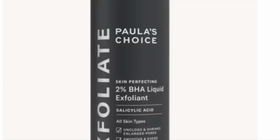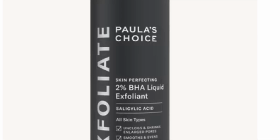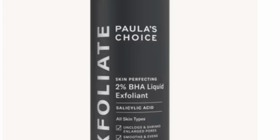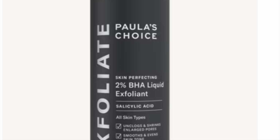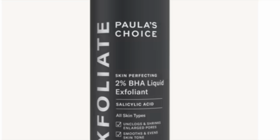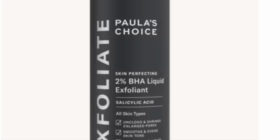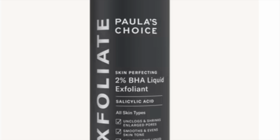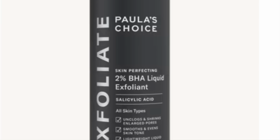And this is amazing if you have closed comedones, those really big bumps that are underneath the surface of your skin. Usually you'll find them in areas where you get hormonal acne. I believe they are hormonal, but they're just really painful. They're really gross. So using this toner, the BHA and salicylic acid, I would put that on and literally overnight, it would start to go away. Literally within 3 days of using it, you can get some of the most stubborn bumps just gone,